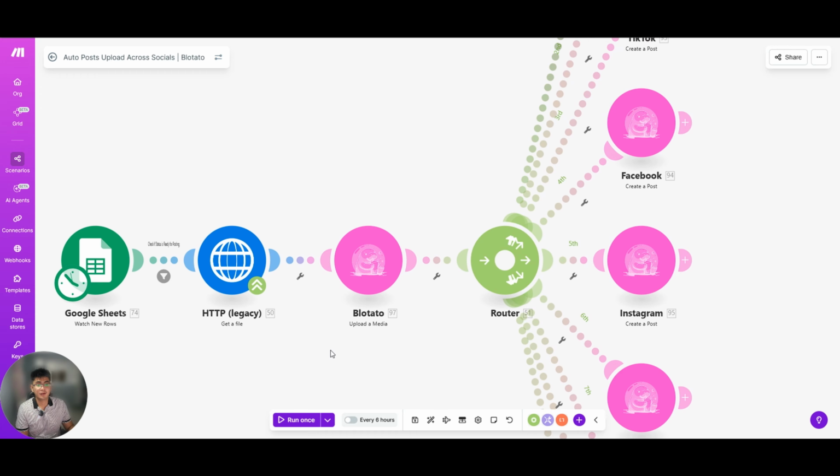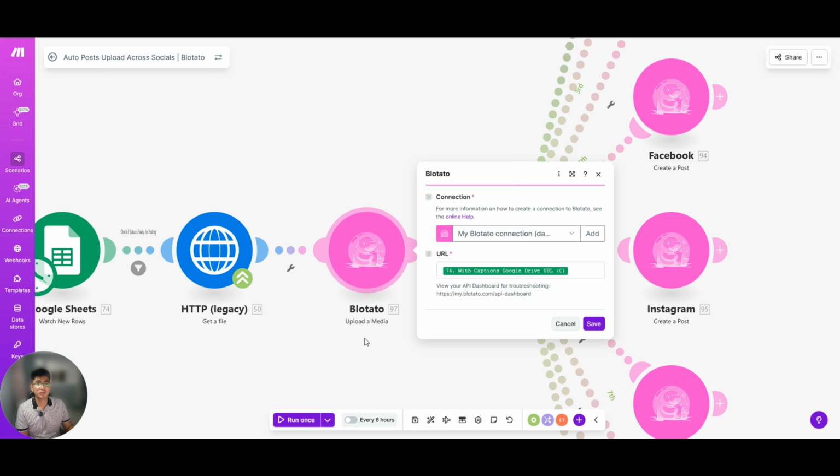And then we use this Blotato Upload a Media module, which grabs the Google Drive file URL also from the Google Sheet. So we'll also grab it here from the Google Drive URL column, and the downloaded media file from this module, standardizes the media and prepares it for cross posting to different social media accounts using the same module from Blotato, the Create a Post module.